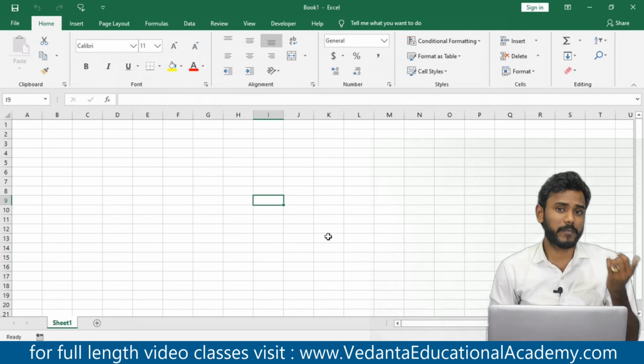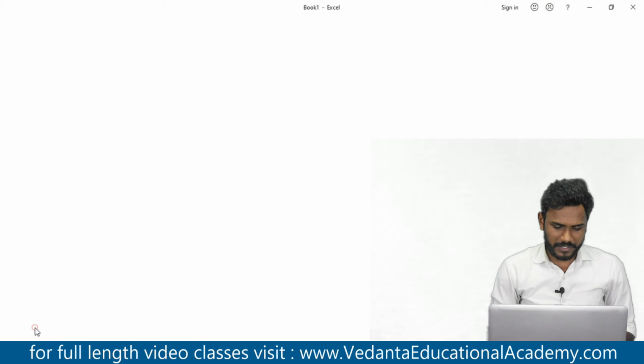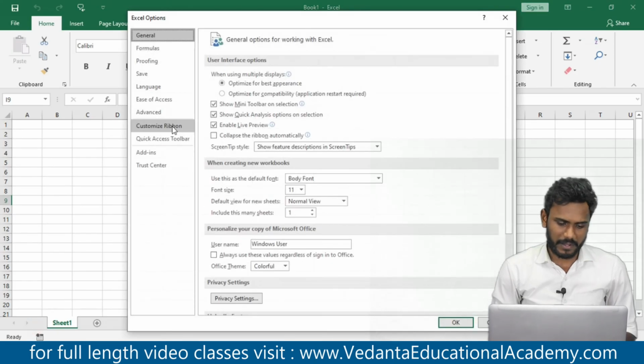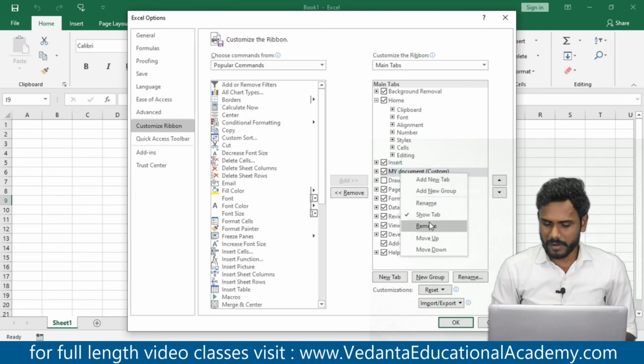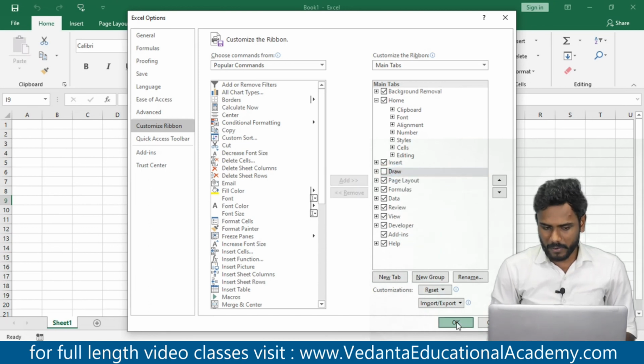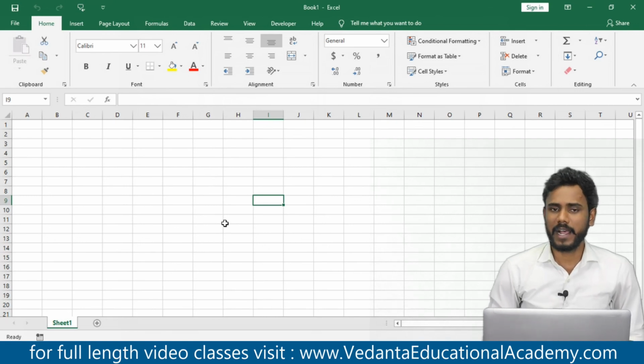And if you want to remove it permanently, simply go to file and click on options and click on customize ribbon again, and right click on my document and click on remove and click on OK. It has been erased permanently from MS Office. So this is how we create tabs, we create groups, and we add tools and we remove tabs.